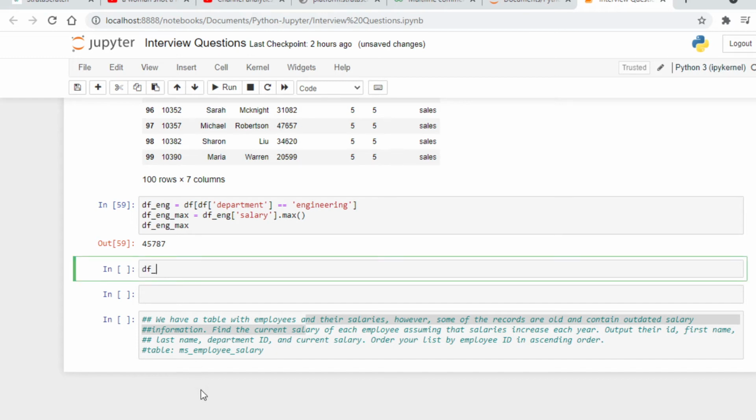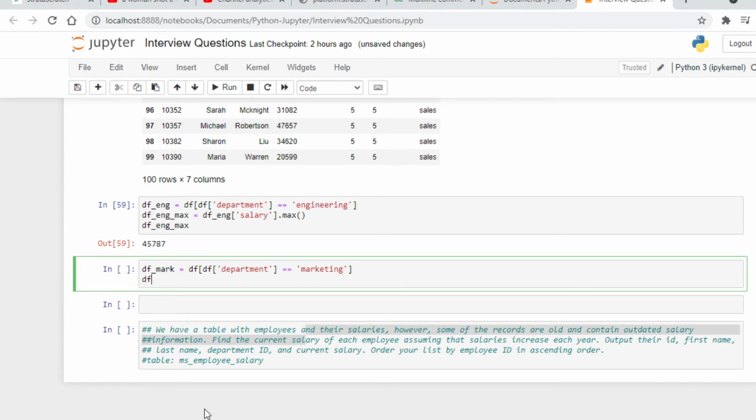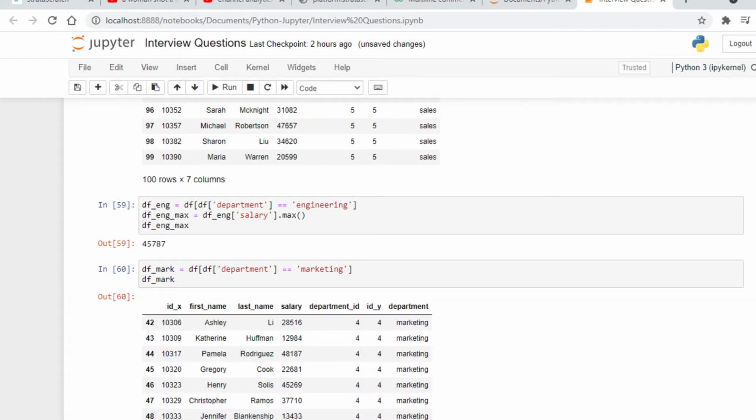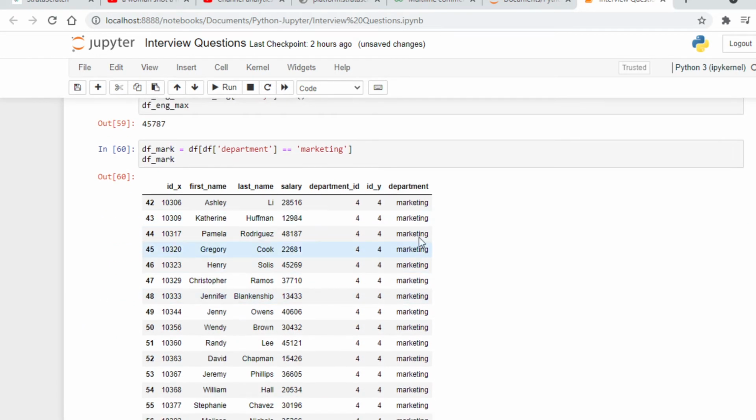So DF marketing equal to, now we will filter our data by department, where our department equal to marketing. Okay. As you can see, we have filtered our data by marketing. Now we need to find the max salary from this data.